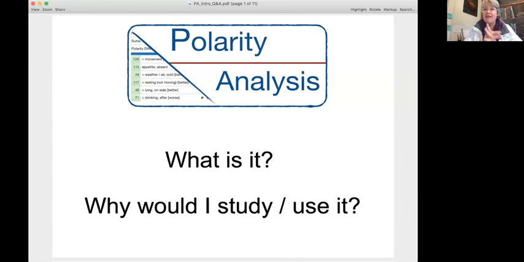We've got half an hour here, and we just want to give you the important what, where, and how of polarity analysis. What is it? Why would I use it? Why would anybody use it? And I want to start with a quick